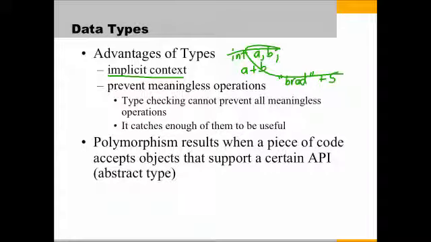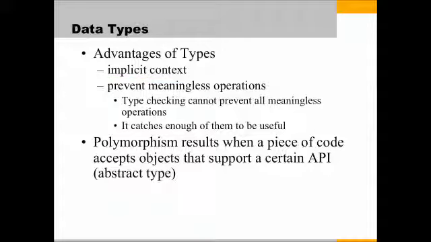Then we have a concept that we talked about earlier in the course, polymorphism. You may remember there are two types, parametric and subtype. Parametric is the type that applies to generics, where you have a piece of code and then you instantiate the generic with a parameterized type, like you say list of int, and then all the methods for that list get filled in with the int type. The second type was subtype